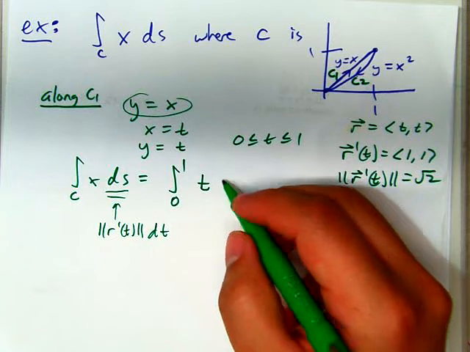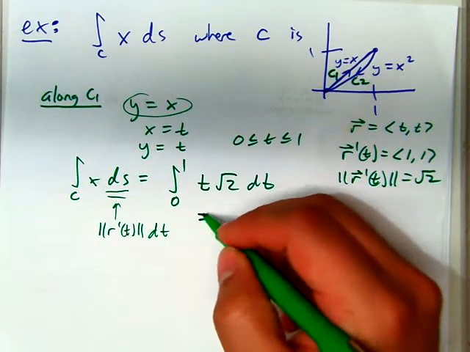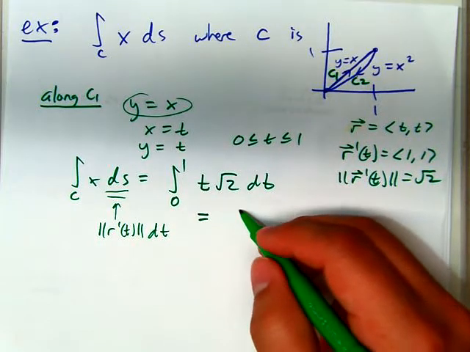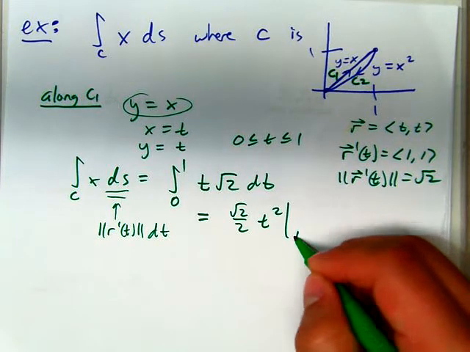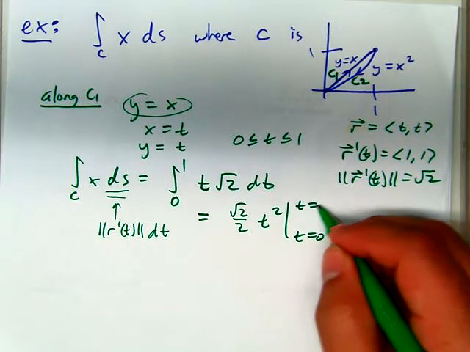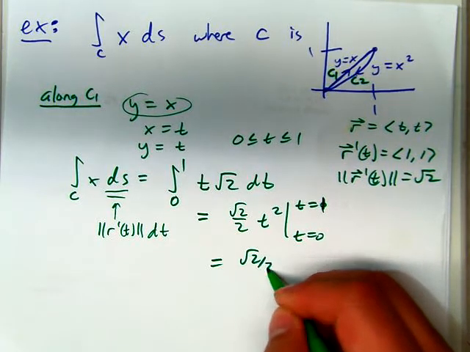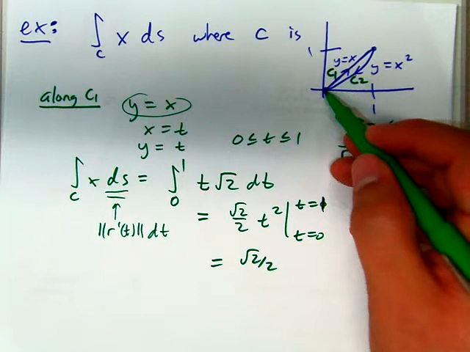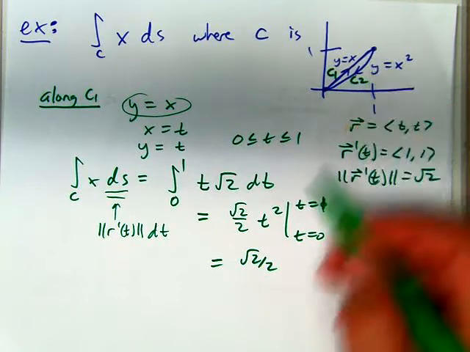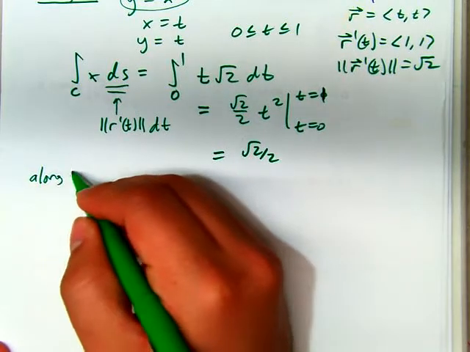Okay, so what we're going to integrate is actually t root 2 dt. And if you go ahead and integrate that, that's going to be root 2 over 2 t squared evaluated from t equals 0 to t equals 1, and we just get root 2 over 2. Okay, so the value of the line integral from the origin to 1, 1 is root 2 over 2. And now if we go along C2,